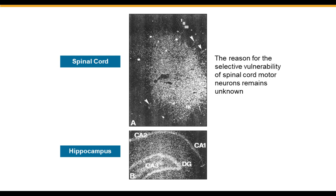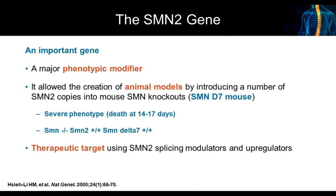So it's expressed everywhere. We have ubiquitous expression, but the reason for the selective vulnerability of the spinal cord motor neurons remains unknown. We talked about the SMN2 gene as an important phenotypic modifier, but it also allowed the creation of animal models for SMA by introducing a number of SMN2 copies into mouse SMN knockouts. As I told you, mice and other animals do not normally develop SMA, but we can engineer an SMA mouse,